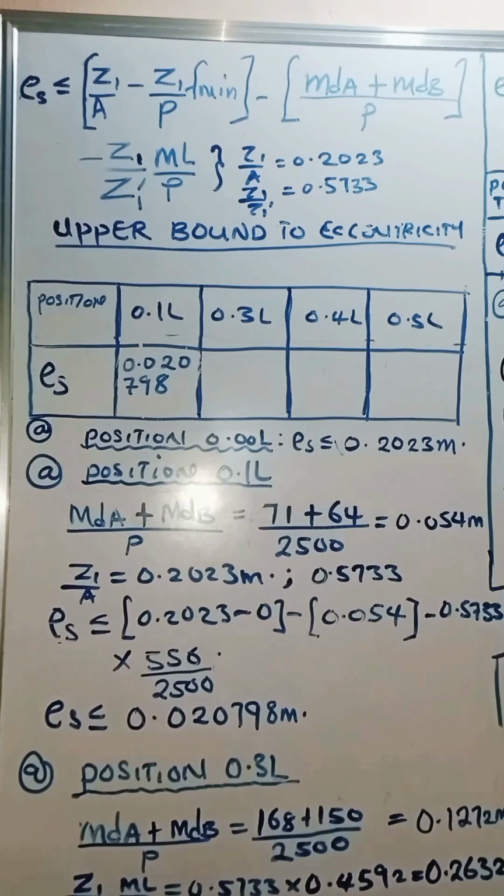We'll look at the position again as we've done before. Recall that position 0.00 L is the zero point. In this case, if we substitute moment 0 at that point, we'll have the eccentricity to be an expression of Z1 over A. If we do that, you'll see that it is 0.2023 meters. Okay, so that is the cable eccentricity at that point. So we can check the others, 0.1 L. We have that one to be less than or equal to